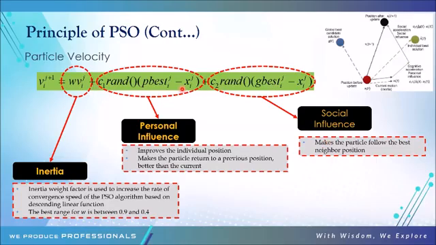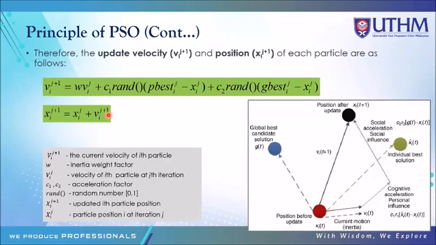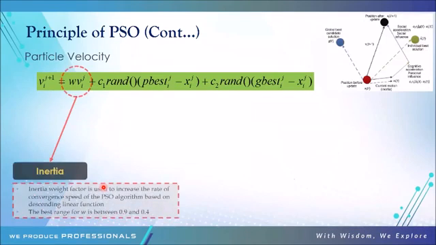C1 and C2 are coefficients, and we need to define these coefficients. We call them acceleration coefficients, and I will share with you how to set the acceleration coefficient for PSO. RAND is a random number, because a heuristic algorithm works based on random numbers, but guided by certain behavior. In this case, guided by the particle swarm.